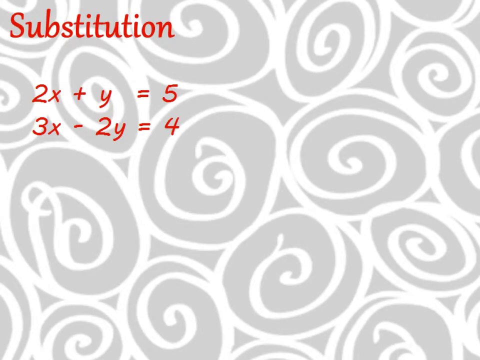Okay, so let's start with this one. Now, of the three methods that we have to solve a system, we're going to look at substitution first. Substitution works awesome when you have a variable that is sitting by itself. Now in this case, I don't have a variable that's all by itself, but this y here is pretty close to being by itself. It would be real quick and easy to subtract 2x on both sides